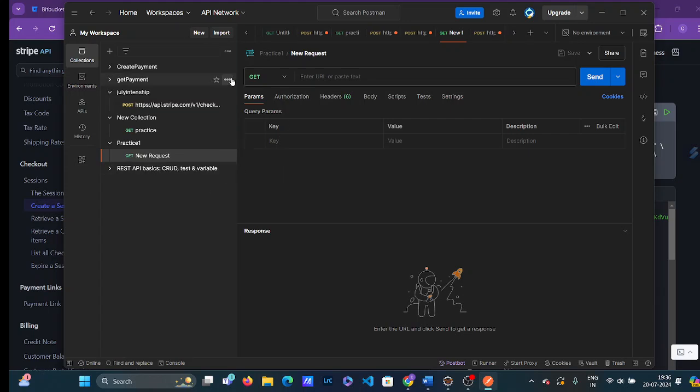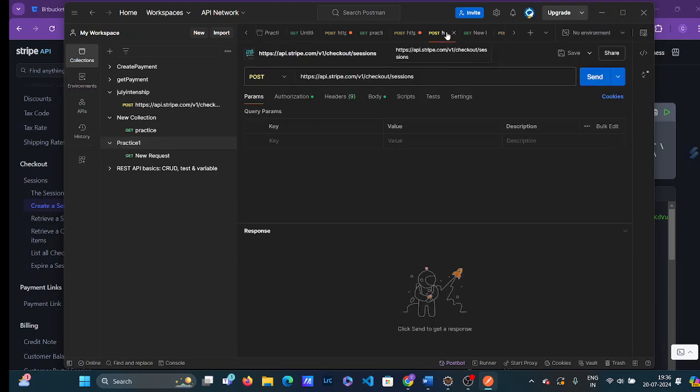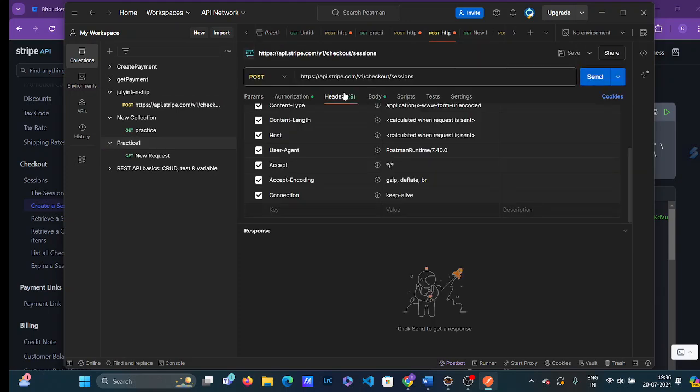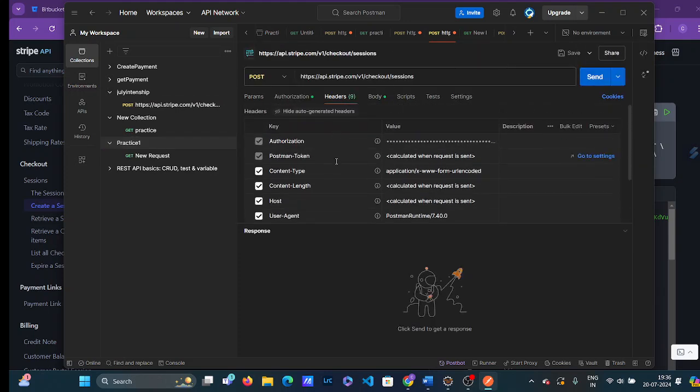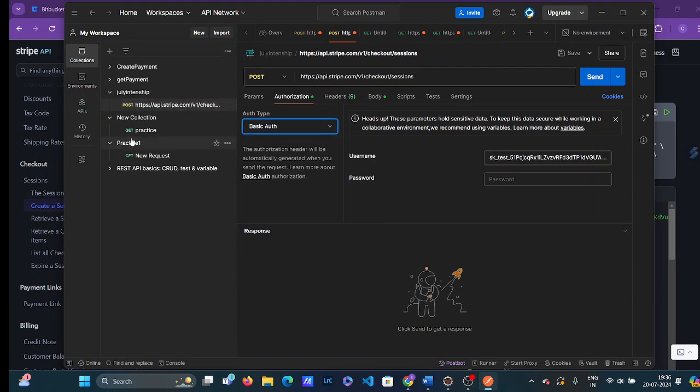Okay. So for that, you have to implement that endpoints to check whether the endpoints are working properly or not. So I have to modify some things here, like before I created that. You have to get the reference from here, like basic auth. I have to make the basic auth